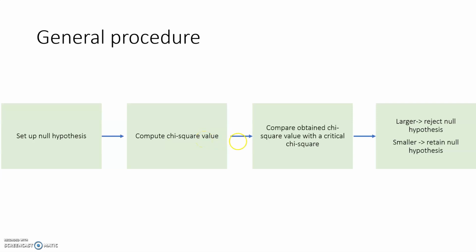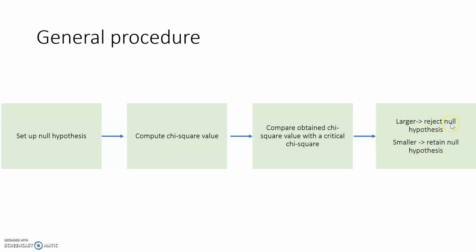And then we want to compare this obtained chi-square value against the critical chi-square value in the chi-square table. And last, we make a decision: if our obtained value is larger than the critical value,